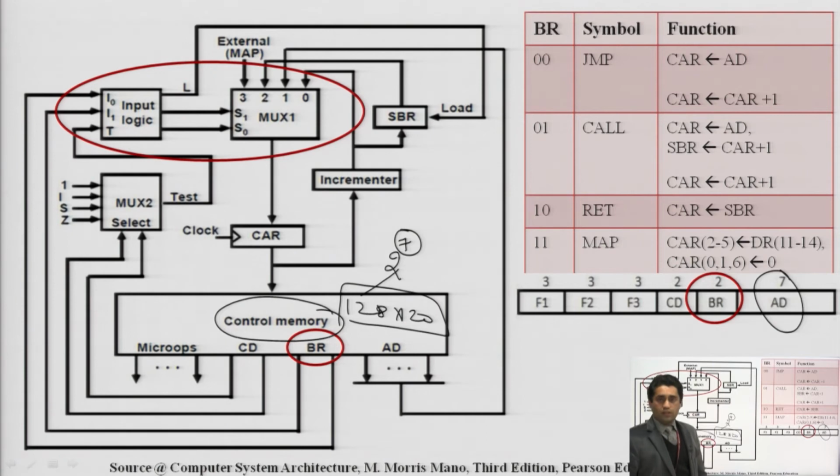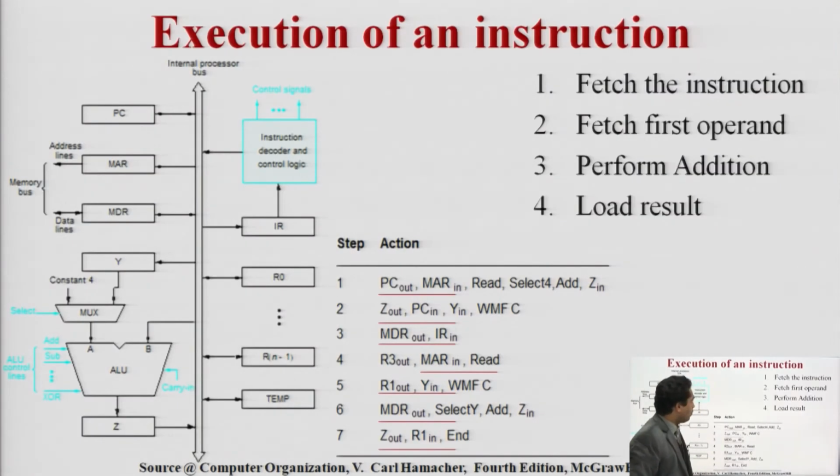Might be this is a question in the exam: if the size of control memory is 512, here the 512 locations are there. It means 2 raised to the power 9. So in this case, the address field should be of 9 bits. Now, this is one example of how things are done with the help of a microprogrammed control unit. The steps are the same as you studied earlier, that we have mainly 4 steps. First is fetch the instruction, then fetch the first operand, then find the operation, perform it and get the result.